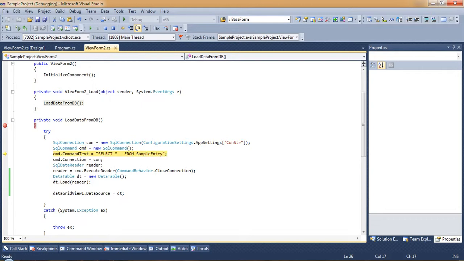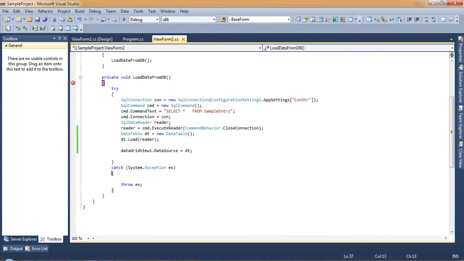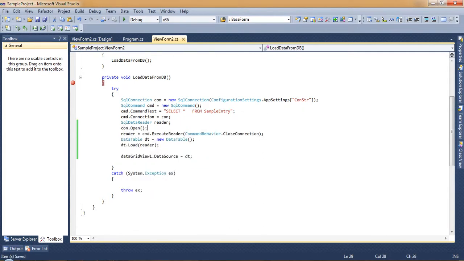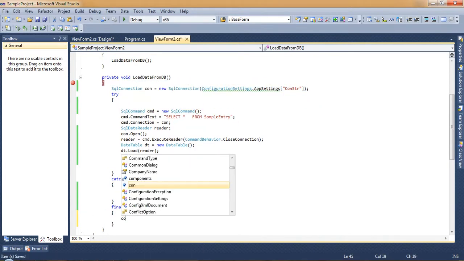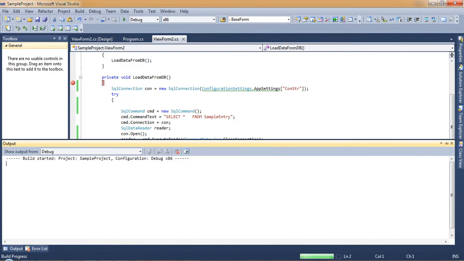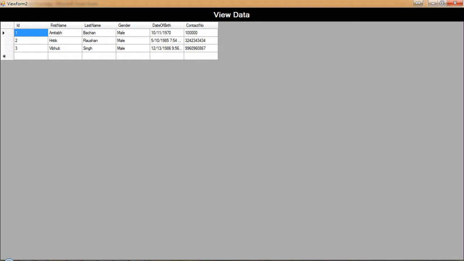Connection established, command set, connection succeeded. Okay, the connection was not open, that's why it's giving an error. So before executing we need to write con dot open, and also write a finally block, push the connection outside try, and in finally write con dot close. Now we'll run this application. Yes, able to view and fetch the data.